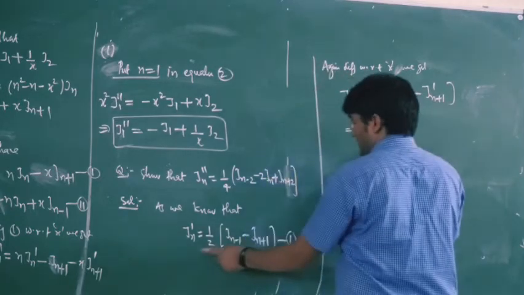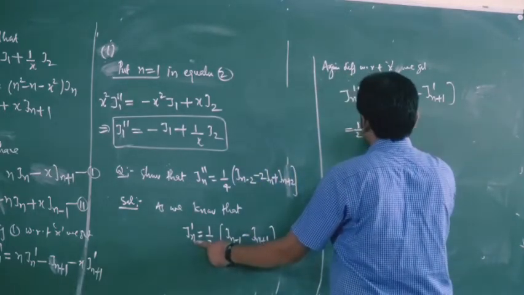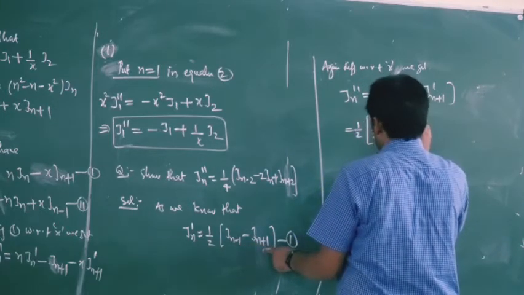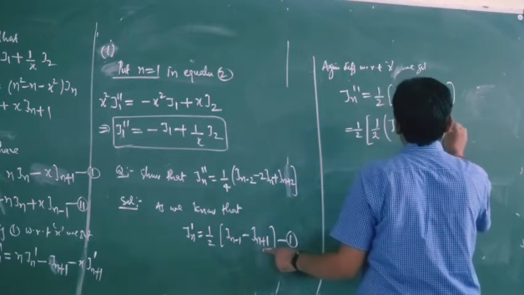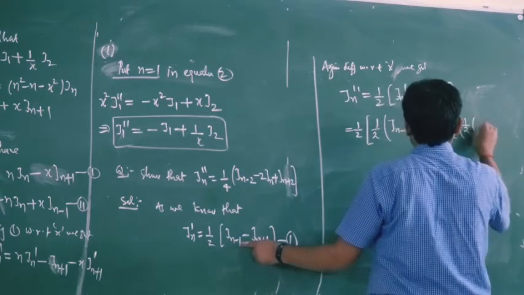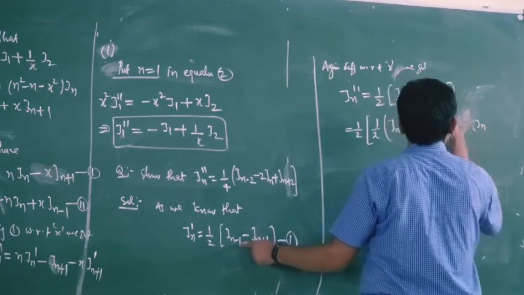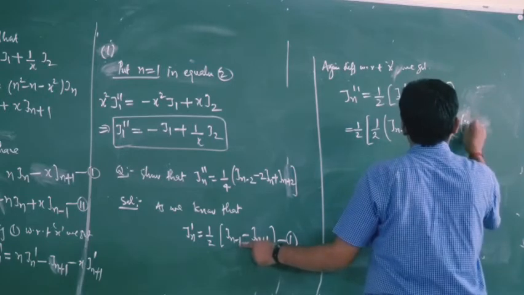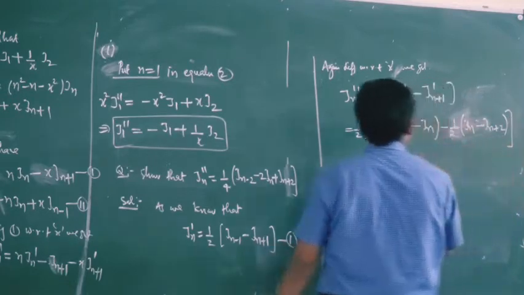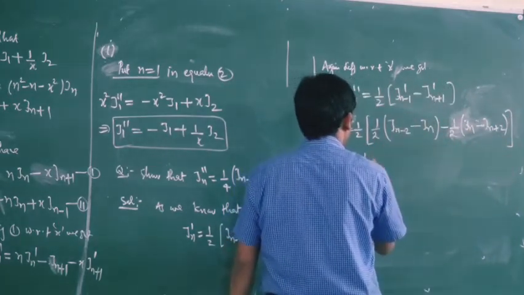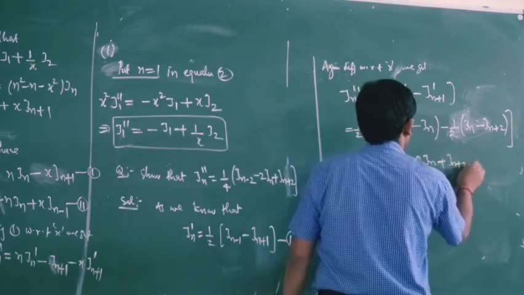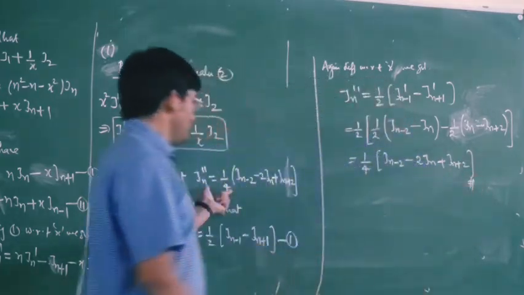For the first part, replace your n by n minus 1 here. So we will have 1 by 2 Jn minus 2. Now if you replace your n by n minus 1, then we will get Jn. Then again the second part will be 1 by 2, replace your n by n plus 1. So we have half Jn, then Jn plus 2. Now you can see that if you take half common, then we will have 1 by 4 (Jn minus 2 minus 2Jn plus Jn plus 2). And this is what we have to prove.